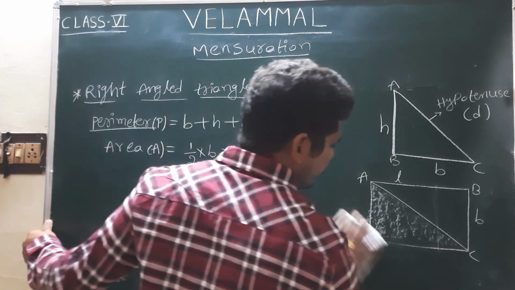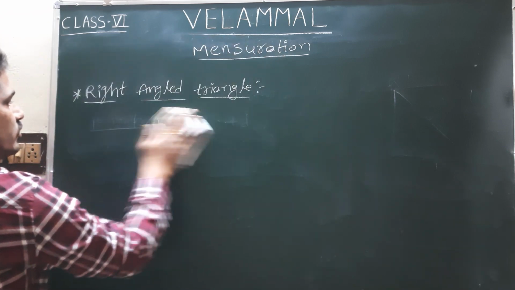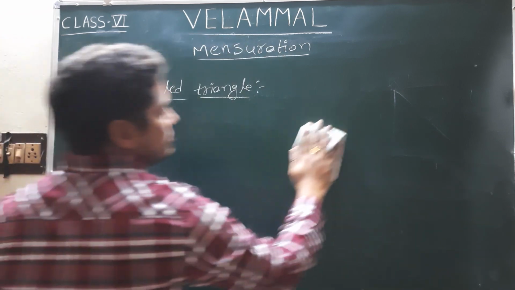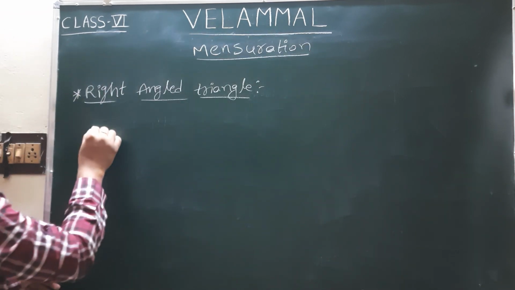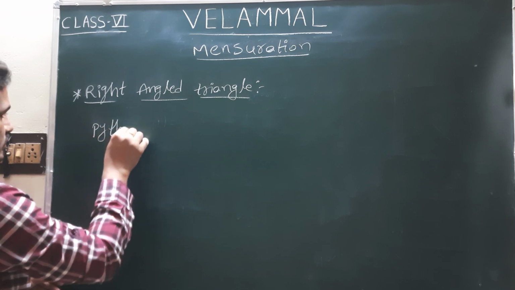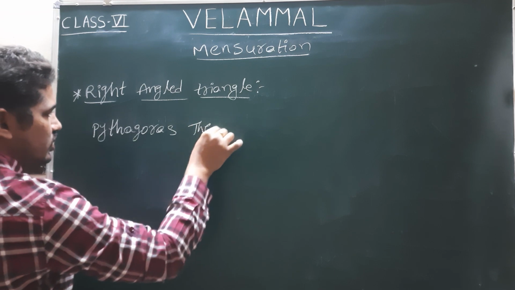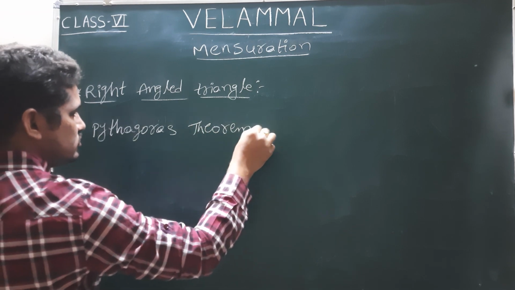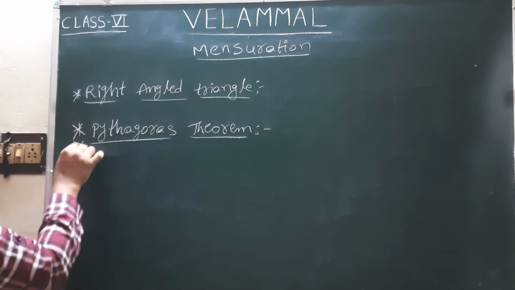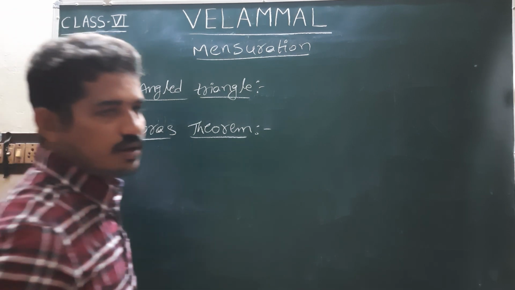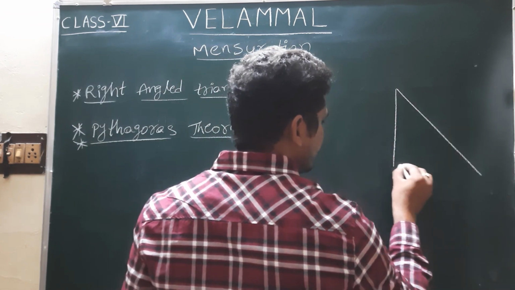So these formulas are very important, children. You need to remember them always. Then only you are able to find the answers easily, immediately. Okay. Next we are discussing a very important theorem. It is applicable in all situations. This is only applicable for the right angle triangle.